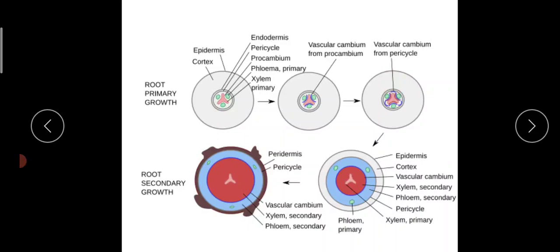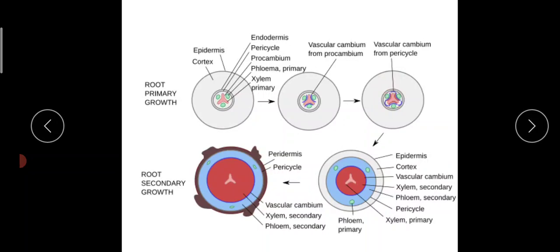And now what happens is this conjunctival strip and the pericyclic strip both fuse to form a continuous ring of cambium. Okay, so the first step is over, that is the formation of the cambial ring. But here the cambial ring is not circular like that in the case of stem. Here it is wavy. So this wavy ring of cambium will have differential activity, not a uniform meristematic activity.